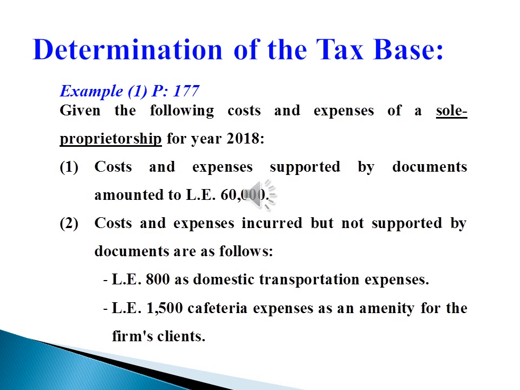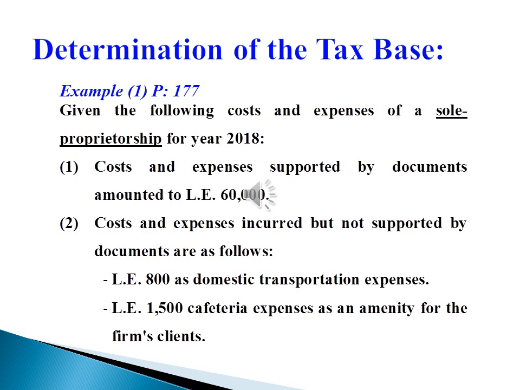Example number 1 on page 177 in your textbook. Given the following costs and expenses of a sole proprietorship for year 2018. Number 1. Costs and expenses supported by documents amounted to 6,000 livres Egyptian. Number 2. Costs and expenses incurred but not supported by documents are as follows: 800 livres Egyptian as domestic transportation expenses,